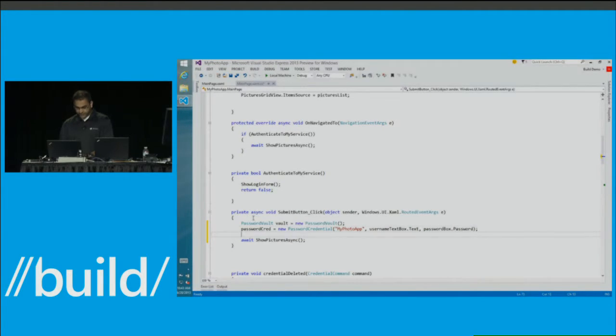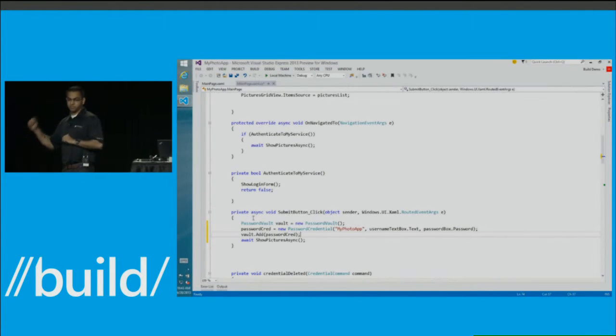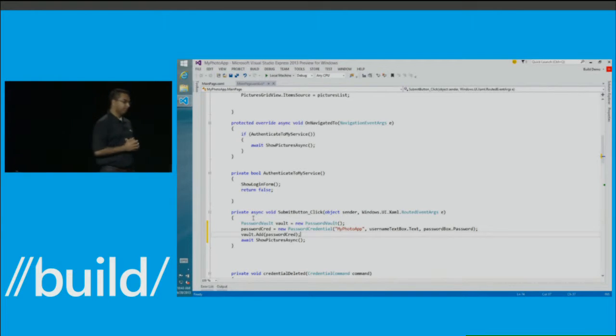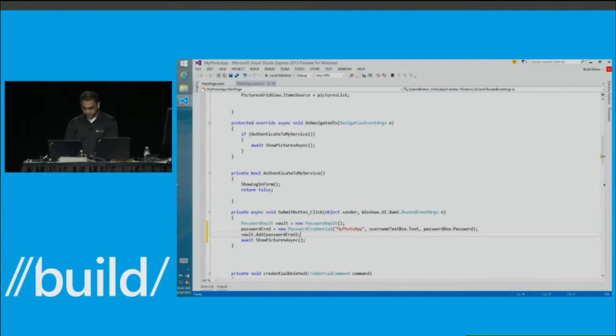All right, so now all I need to do is, using the vault object, add this password cred. Done. That's all I had to do. What I've done here is collected users' credentials and passed them in Credential Locker. Now, obviously, the second part of it is, once I've collected these credentials, when I launch my app, I want